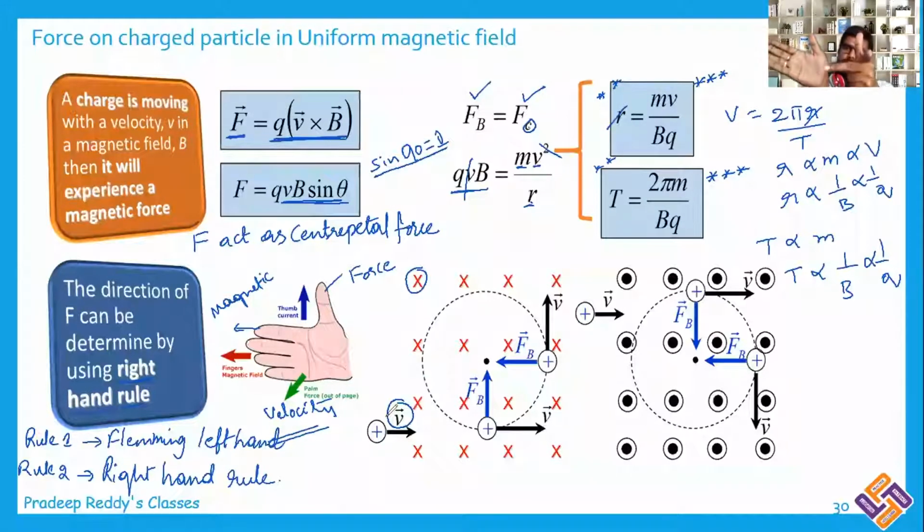The left hand rule also gives you the same. You can use the left hand rule now. Here in this case, the charged particle is moving to the right side, so velocity is in this direction. The magnetic field is inside, and the thumb points upward. Therefore, the charged particle entering here just goes up. So this is how you can use Fleming's left hand rule, or the right hand thumb rule, and we can find the force experienced by the charged particle. And these equations you need to learn by heart.